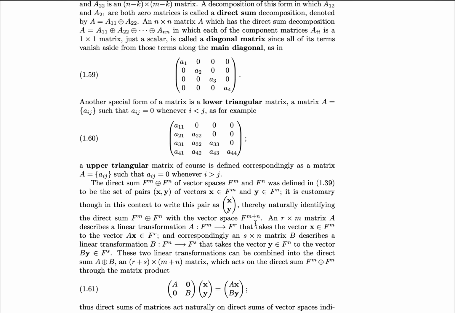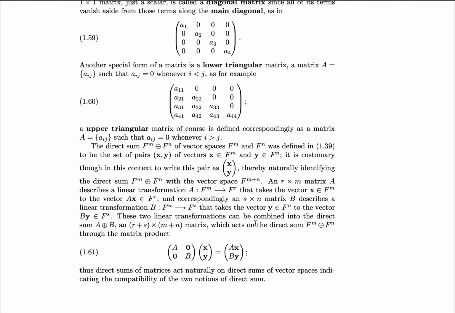We'll now connect the idea of a direct sum decomposition with that of a direct sum space. Recall that a direct sum of two vector spaces Fm and Fn is defined to be the set of pairs x, y of vectors where x is taken from Fm and y is taken from Fn. I usually write this as a vector, including x vector and y vector vertically. Therefore, you have a natural identification of the direct sum with a larger vector space, which has dimension m plus n. If you have an r by m matrix A, which describes a transformation from Fm to some space Fr, and you have another one that describes